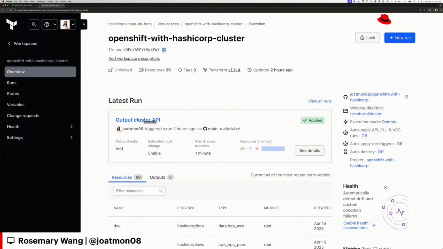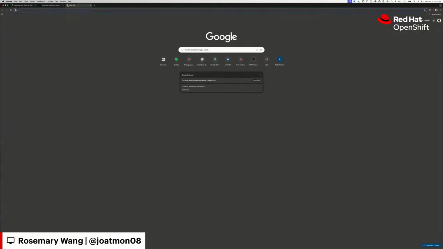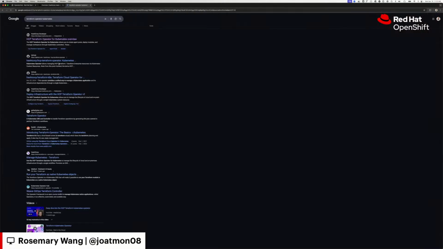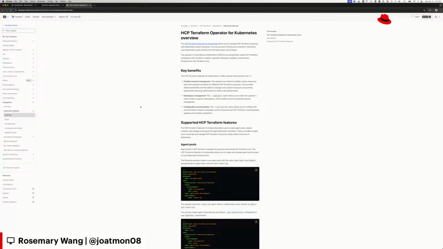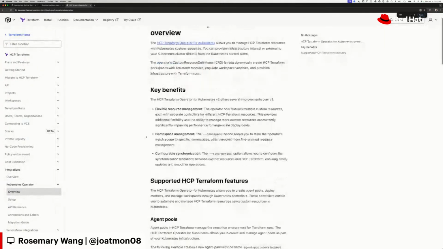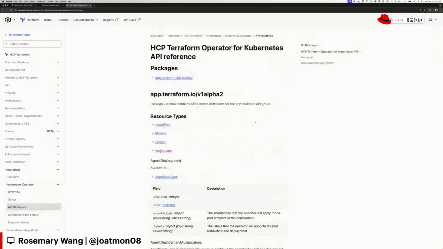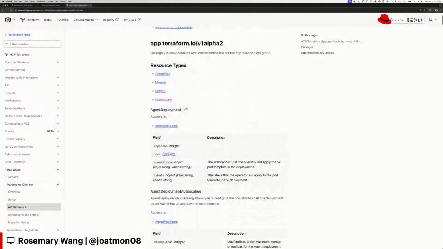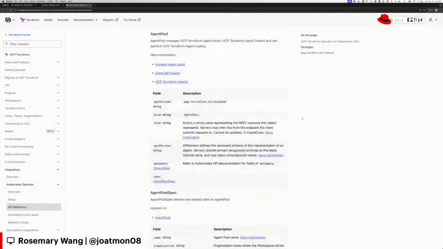But for a large enterprise that's doing this, a lot of the times we find them provisioning agent pools. There's an API reference. The control plane exists in HCP Terraform or Terraform Enterprise, but they want to provision an agent pool within Kubernetes.